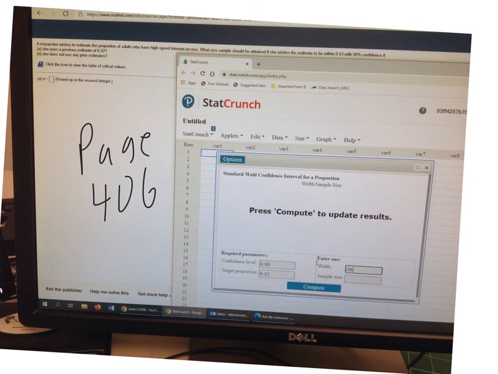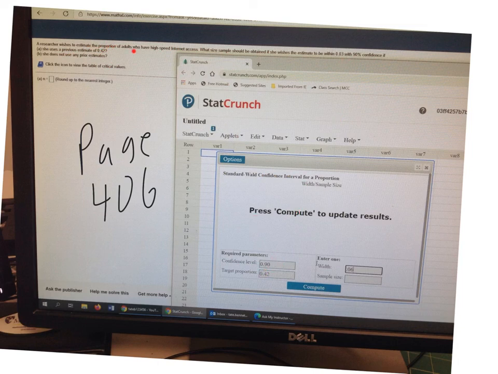I tend to favor it some. So, if you go into StatCrunch and you click Stat, Proportion Stats, One Sample, With Width, Sample Size, and them steps are on this page. This box pops up. So the confidence, you enter the confidence level, which is 90%, the target proportion, which is